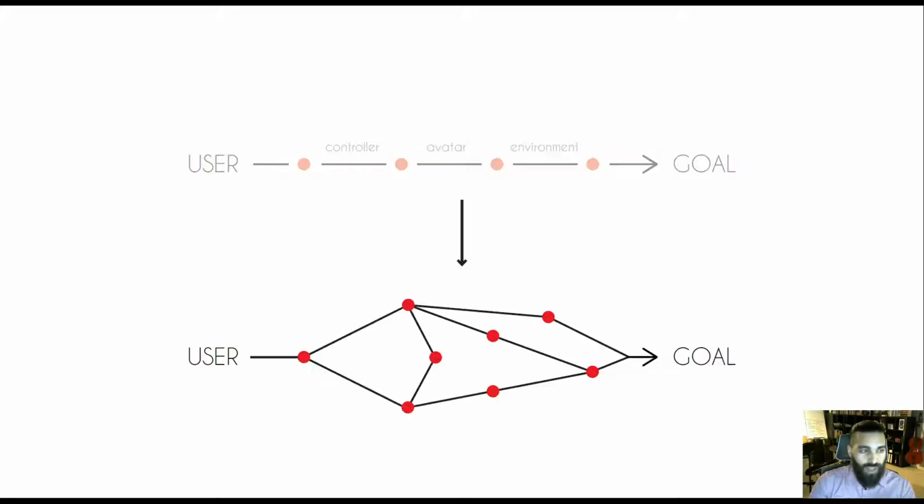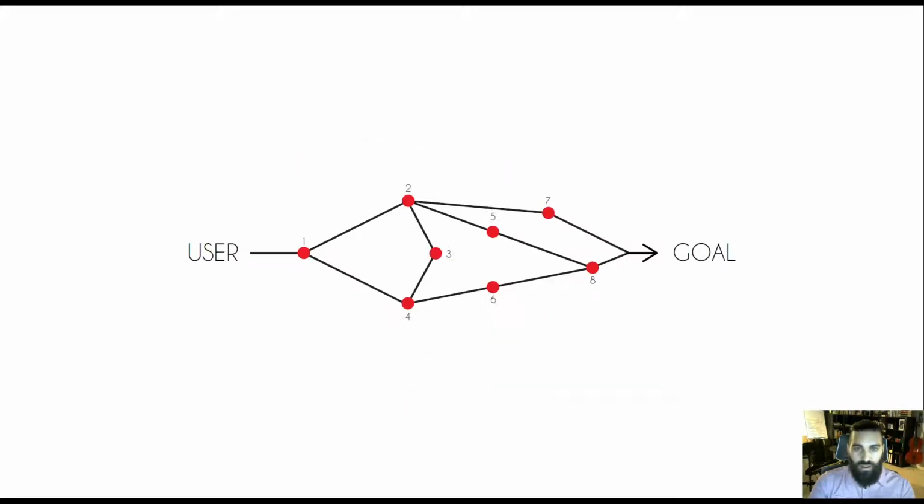Okay, up to this point, we have been using a very simplistic relational pathway model for an avatar-mediated game. But in reality, it looks more like this. Now, I have placed numbers on each one for nomenclature purposes, just so we can more accurately talk about each one in this presentation, but they have no hierarchical purpose or order. Now, the main components of the pathway model still remain, right?